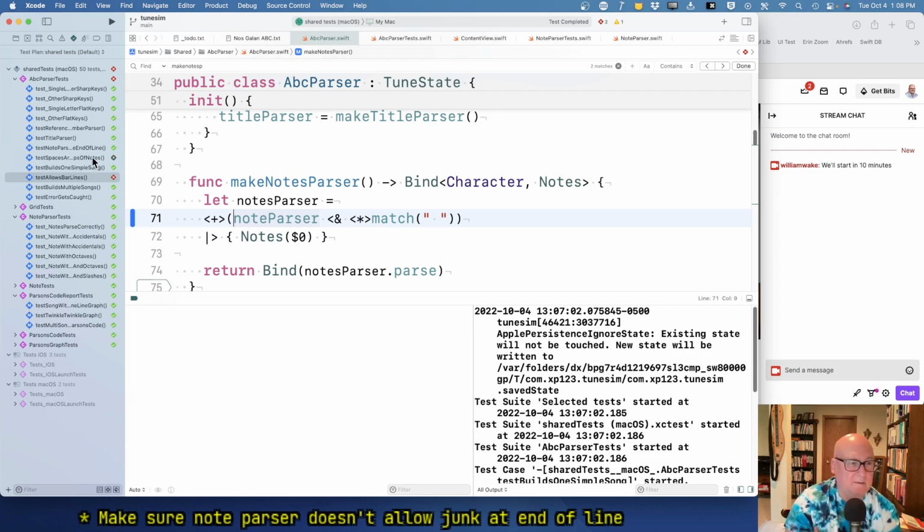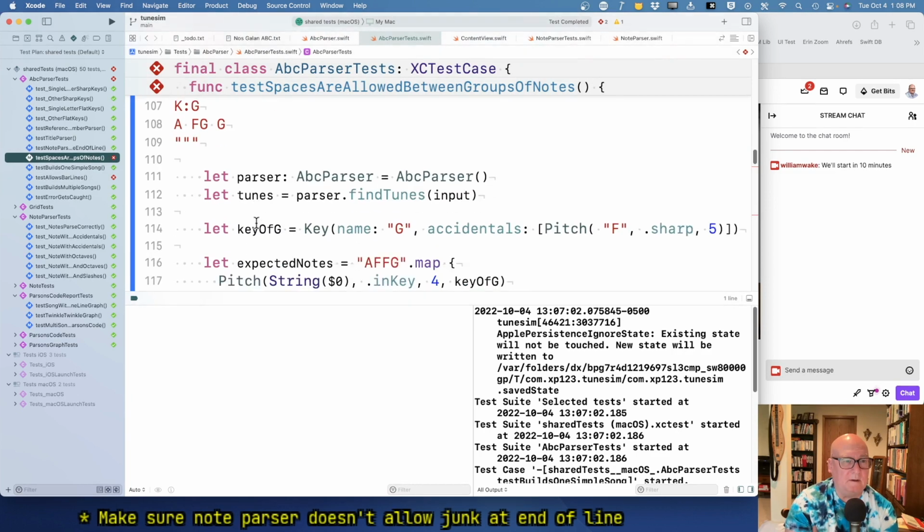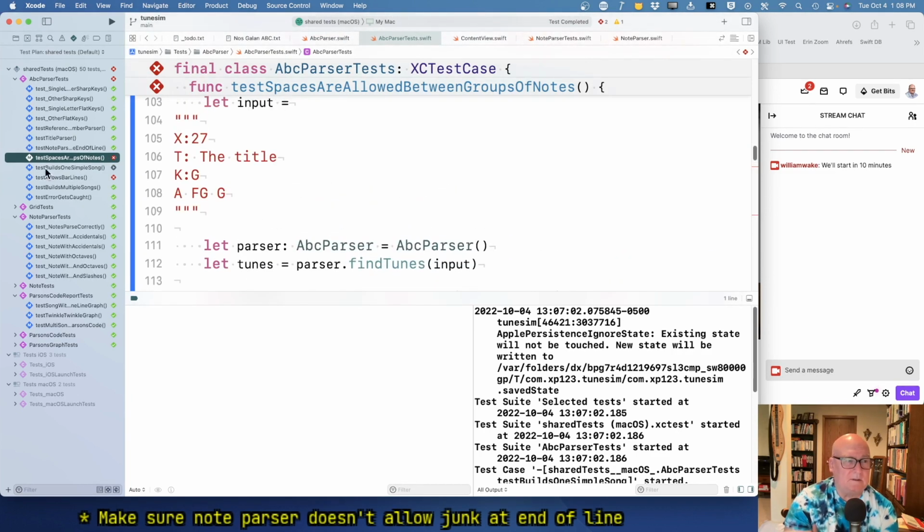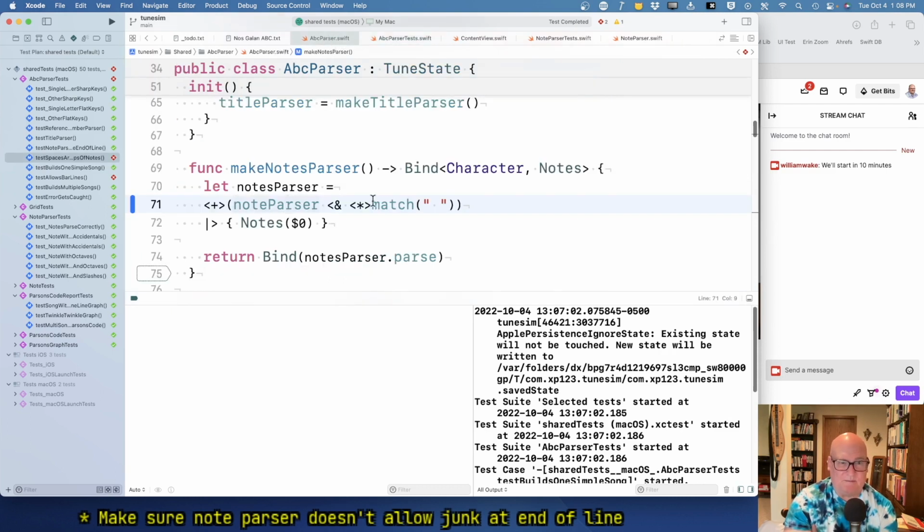I don't know. Tracing the parser is really a pain in the butt. So I'm putting it off. Oh. Okay, so if I have a note parser, so if I match a note,